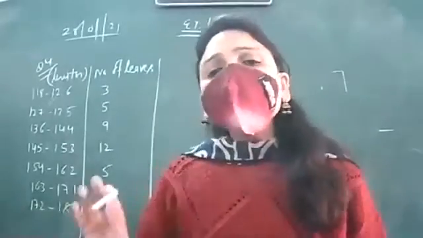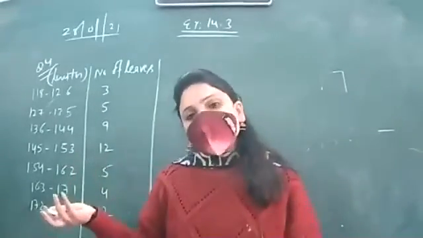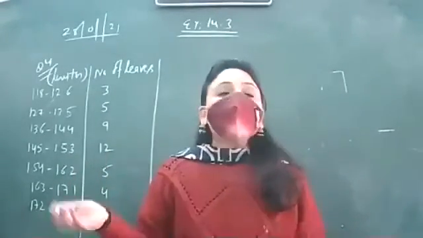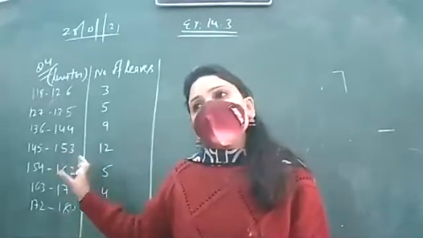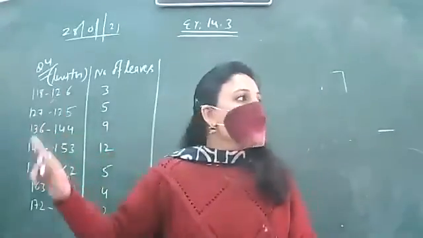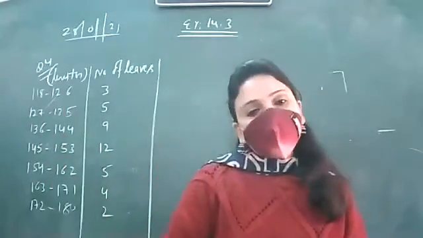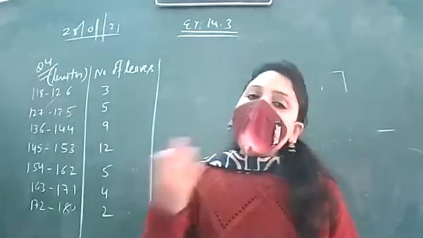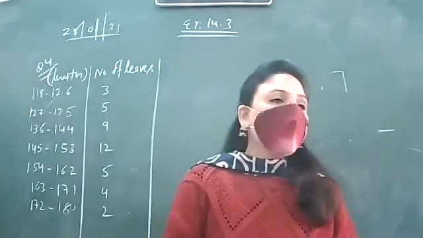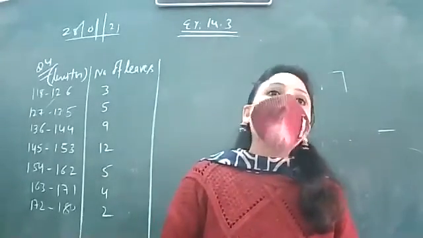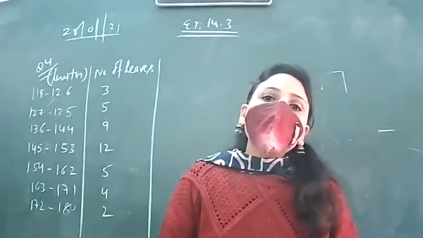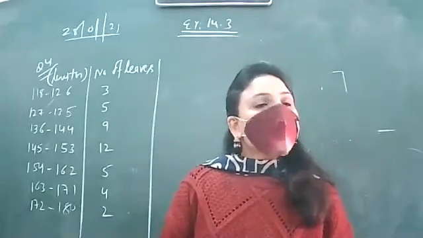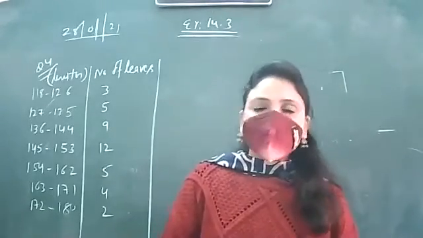And you need not remember this if you are not able to, because in your syllabus the data is like this only. Difference is always of 1. That means always 0.5 is to be subtracted from the lower limit and it is to be added to the upper limit. By doing so, we will convert this data into the exclusive form.